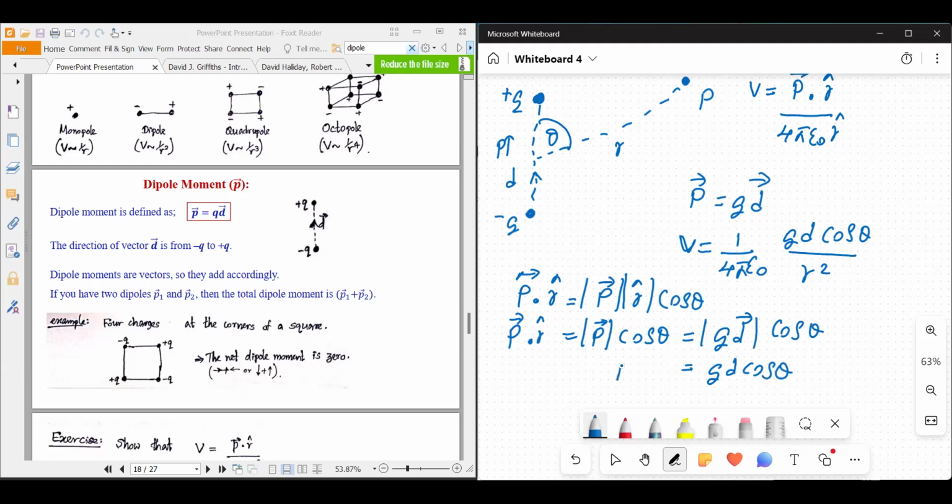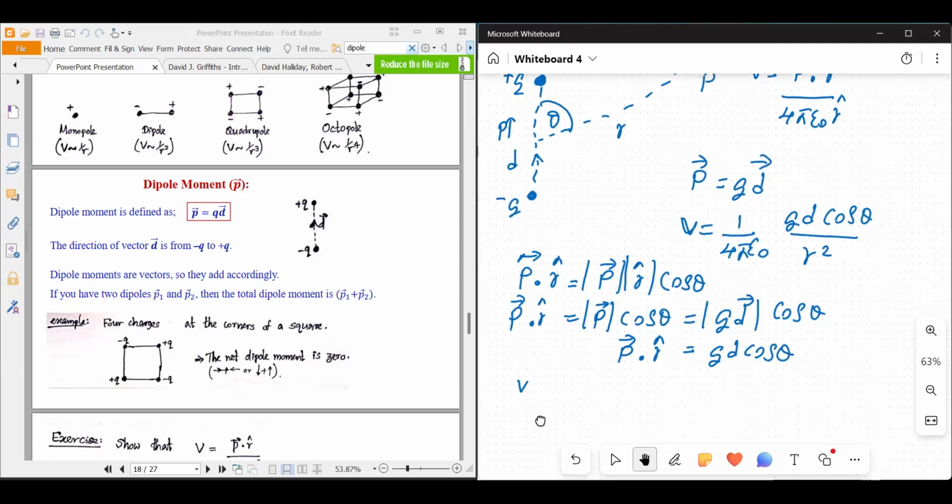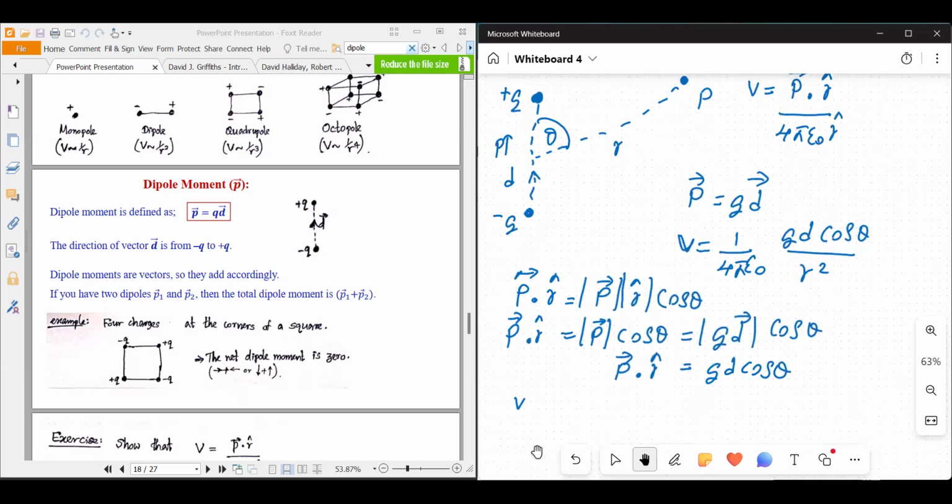Now we have p dot r is equal to qd cos theta. Then we can write potential. Potential is a scalar. It is equal to, now qd cos theta is equal to p dot r. Therefore, potential is equal to p dot r